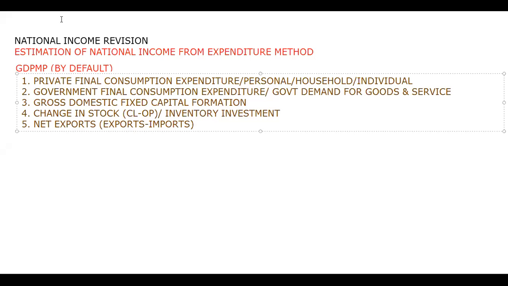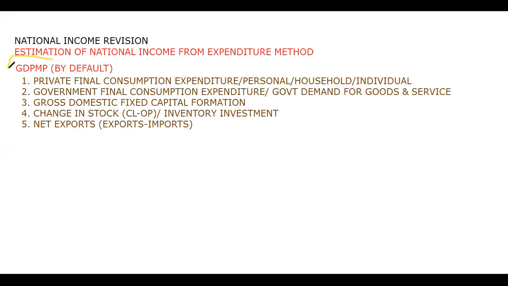I hope this is clear. ये बनता है और ये सबको ऐड करके क्या मिलता है आपको? We get GDP MP. I think it is now clear to all. Now the question arises, if we add these two elements, अगर हम इन दो elements को add करें, कौन कौन से? ये दो. If we add these two elements, third and fourth, what do we get?